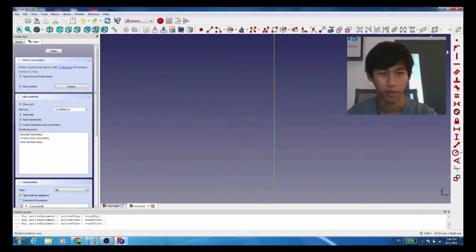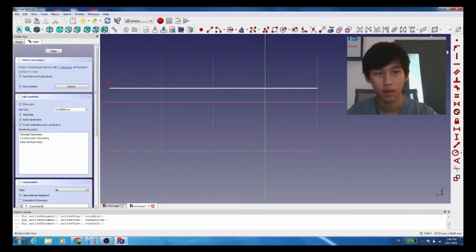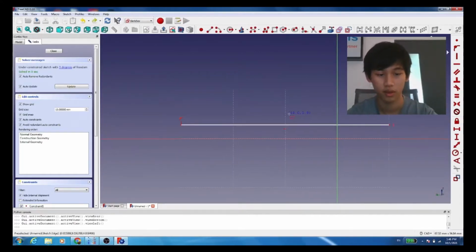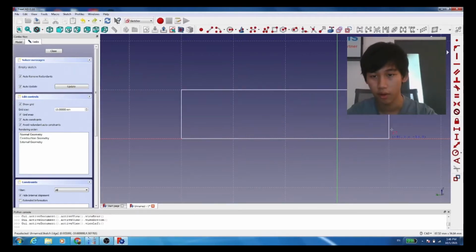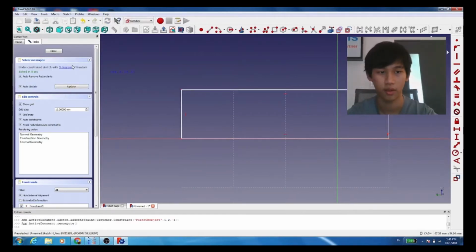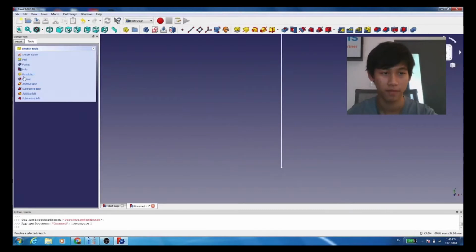Okay, let me see first. YC. Okay, if I draw a rectangular prism, I'm going to do it like this: make it square, close the sketching,